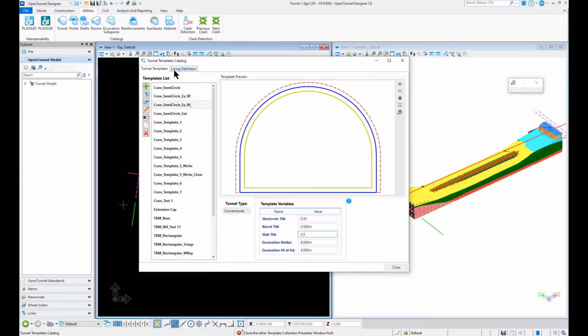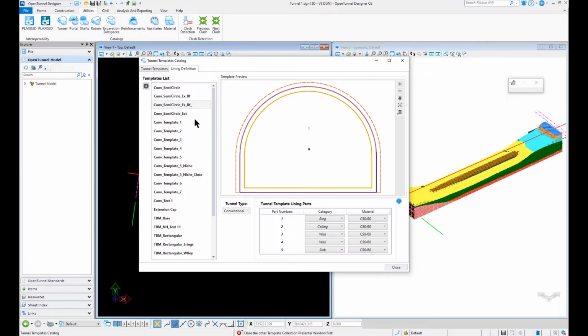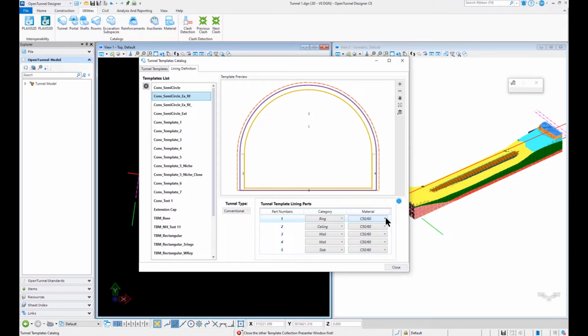Then we also have the lining definition, with all the lines that have been defined here, all individual parts, and the individual parts' materials are also selected. We can select whatever we need for that particular element. Like here for the ring we said we need 50 to 60 MPa, or for the slab we can change it as we need, whatever material properties we need. Once this is done,